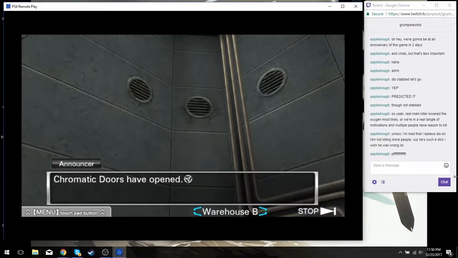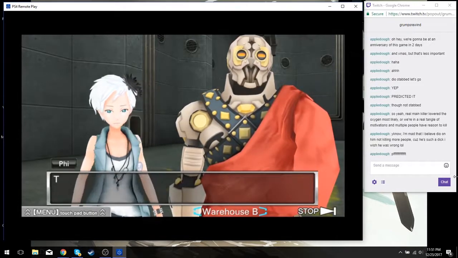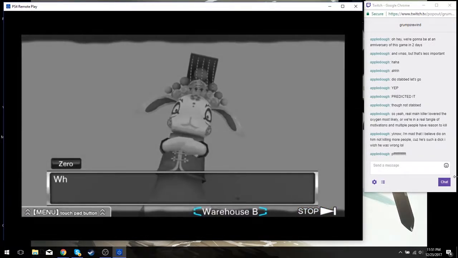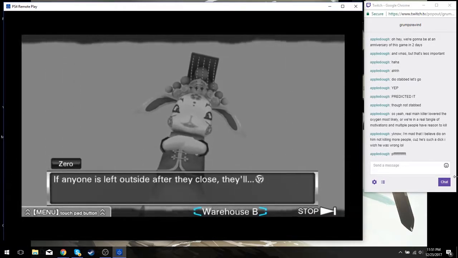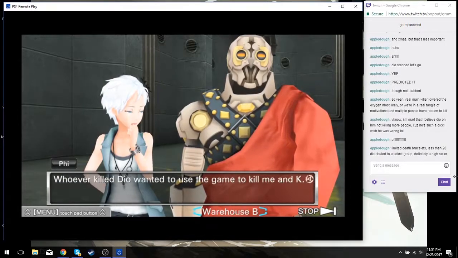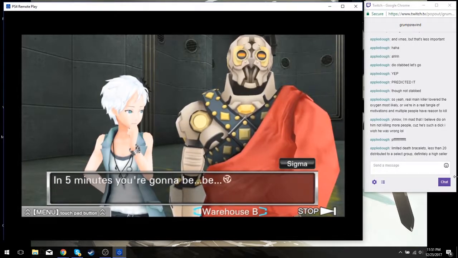Chromatic doors have opened. 5 minutes remain until chromatic doors close. A bracelet like this. I doubt we can get past the secondary door. That means Kay and I will... Oh no. When the time comes, those automatically close. If anyone is left outside after they close, they'll be penalized. I see. That's what they wanted. Whoever killed Dio wanted to use the game to kill me and Kay. That's why they broke the bracelet. I think so. It makes the most sense. How can you be so calm? In 5 minutes you're gonna be...